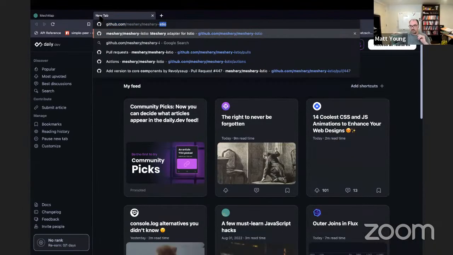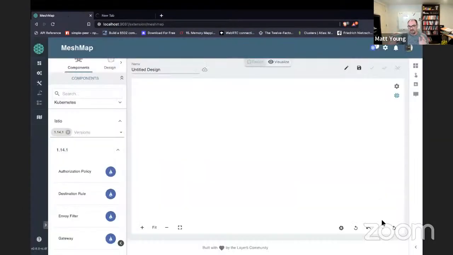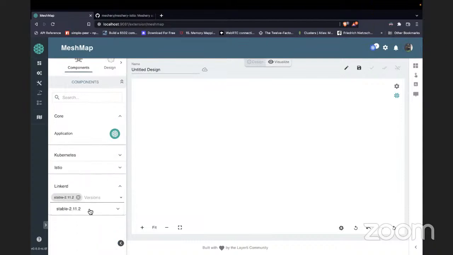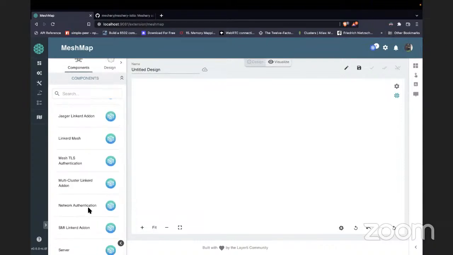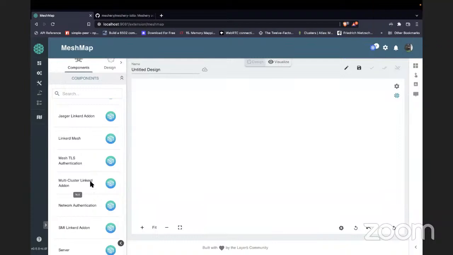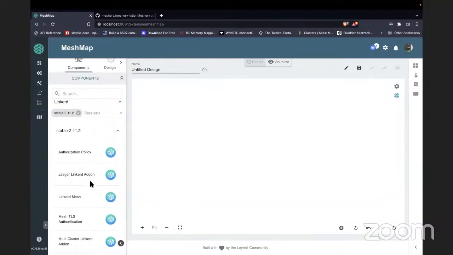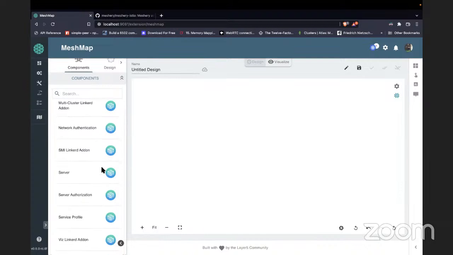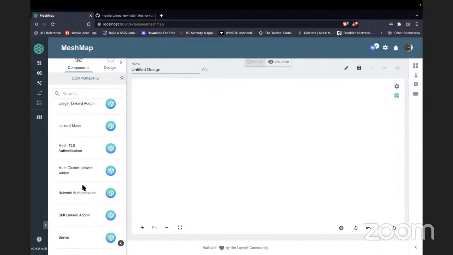I had a quick one, just yes or no, not a whole decision. Are you integrating with the viz component of Linkerd? Yeah, actually, these are the viz components that you're seeing. Internally, we're just grabbing the manifest that they give us. Each service mesh has some add-ons, and they have these manifests for each version. So when we deploy a Jaeger Linkerd add-on or Viz add-on, we just grab the manifest for that particular version of the add-on and deploy that.